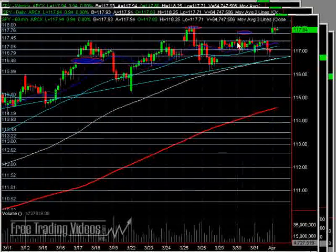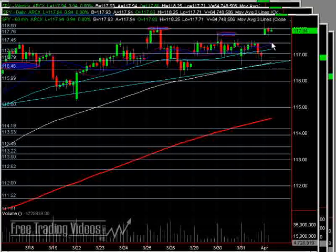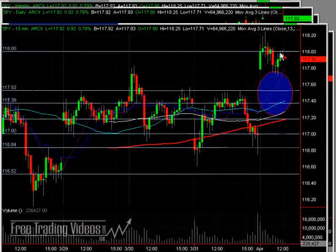On a higher time frame than that, the 60-minute chart, as messy as that looks, all these lines make sense, and what I really care about is the fact that we're holding up now, again, in a higher time frame. So, good stuff. If we do make a run, again, just make sure you have all the internals in your camp,